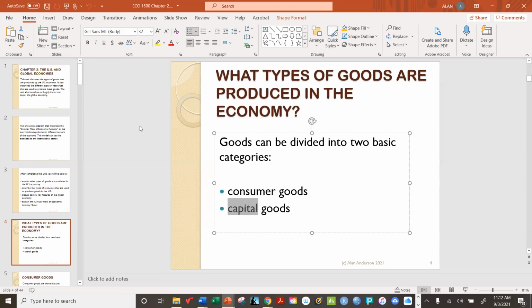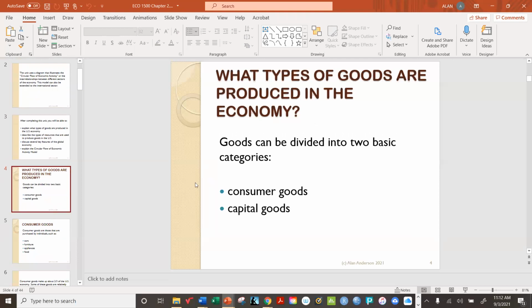Sometimes you run into words in English that can have many different meanings, and this is one of them. Here, what we're specifically referring to is goods that are meant to be used by businesses to produce consumer goods. So let me just give you a quick example of this. Starbucks, they produce coffee for us. Okay, fine. Everybody loves Starbucks. Well, pretty much everybody loves Starbucks. You go into Starbucks, you buy coffee, you taste it, it's wonderful, and so you come back for more the next day. But in order to sell you that coffee,